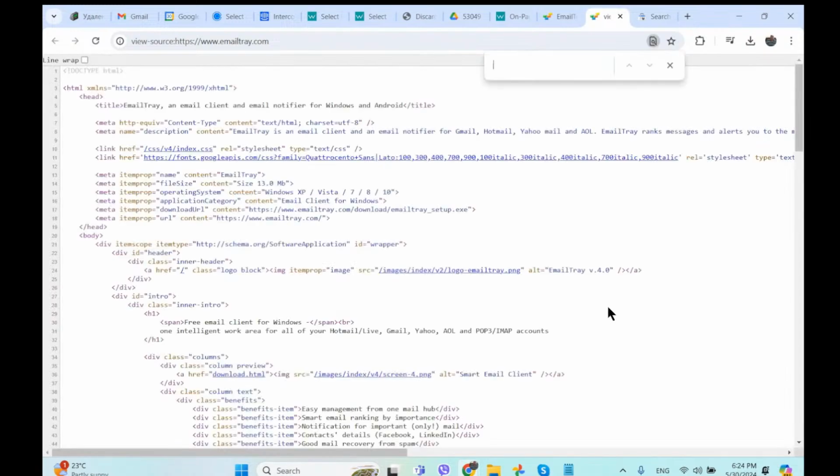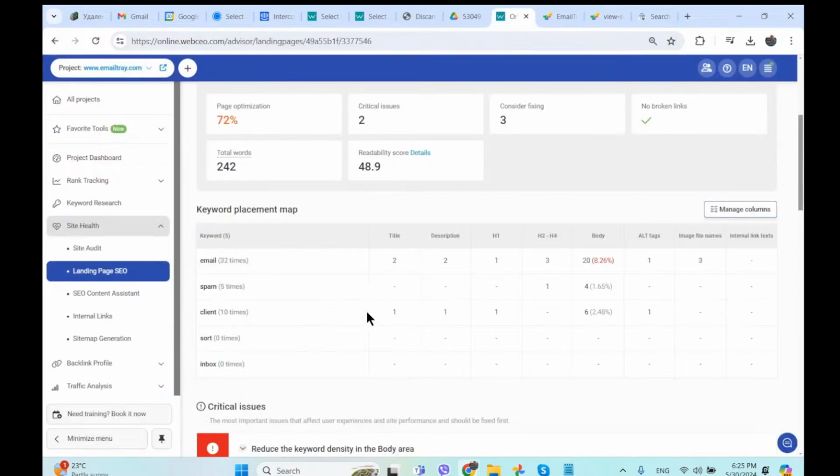Control F1 and then H1 here. Okay, so the H1 says free email client. Nothing about inbox. One intelligent work area for all of your Hotmail, Gmail, Yahoo, AOL, and POP3 accounts. Nothing about inbox. So what I've just learned here is that I've got a big problem, because inbox is a really big